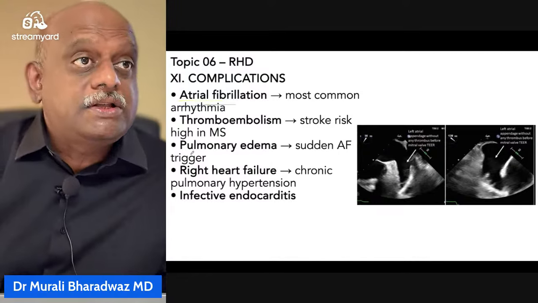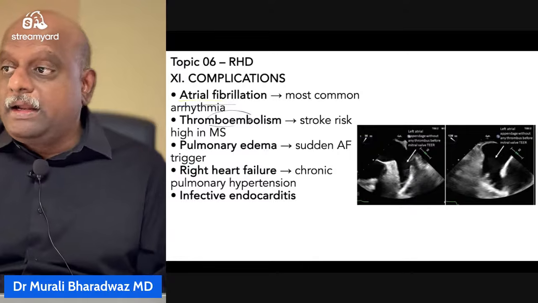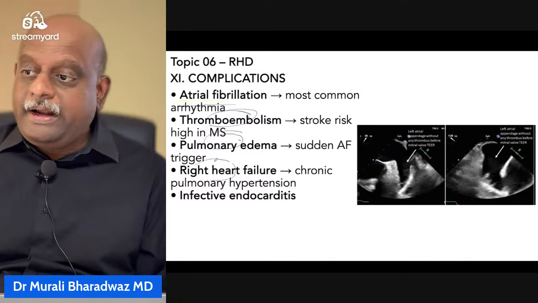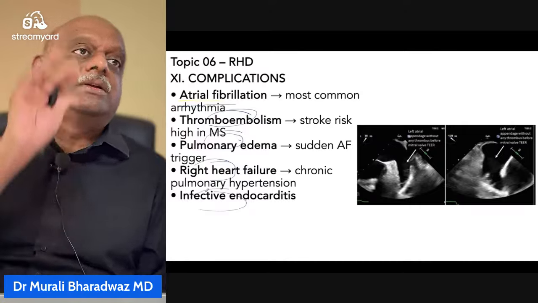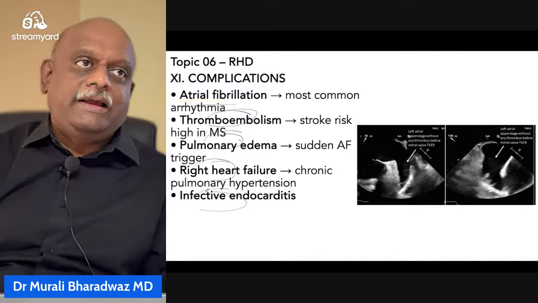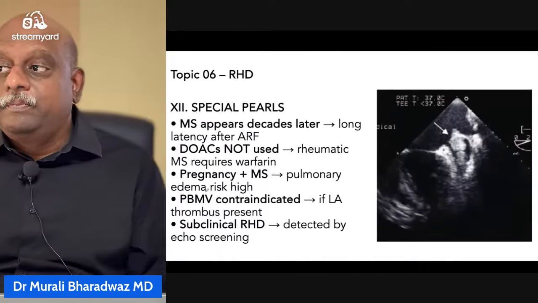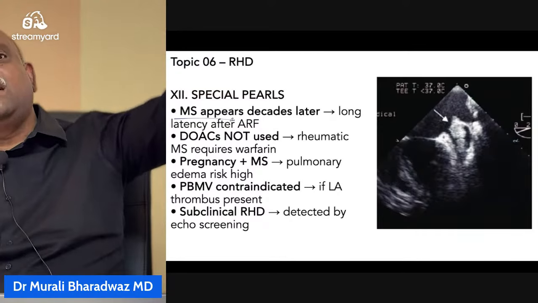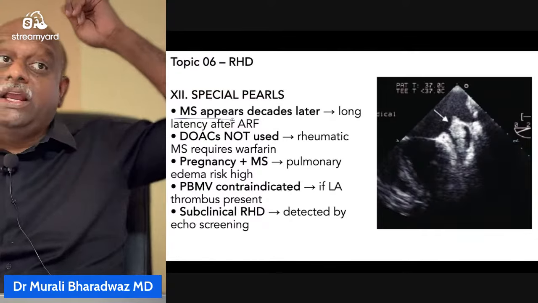Atrial fibrillation is the most common arrhythmia. It can lead to thromboembolism, pulmonary edema, right heart failure, infective endocarditis. Now, always remember, whether it is MS, AS, AR or anything, they're all the sequelae of a